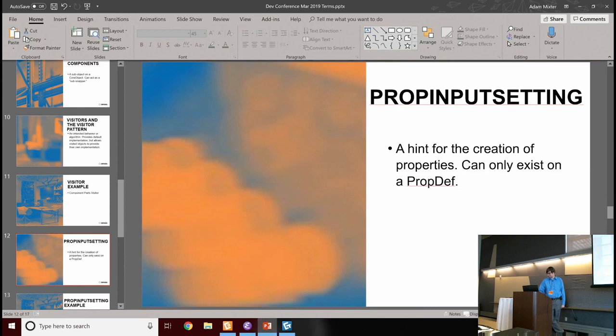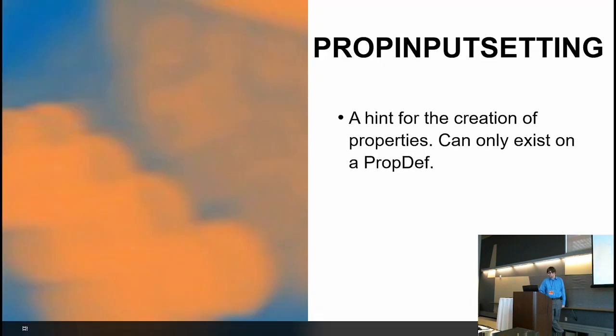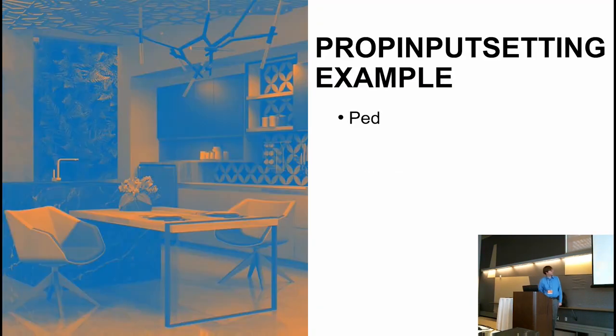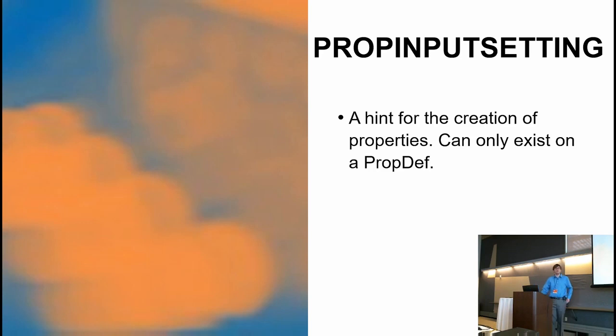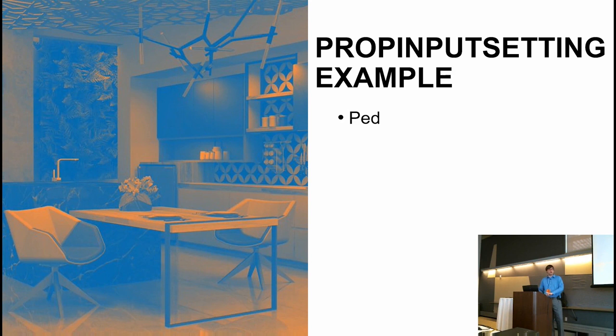Prop input settings are a really interesting class that will allow you to give a hint to the program to basically make properties from your prop defs. The best example I have for this one for you is actually on the Fika Office Ped. So if you look at the base class for the Fika Office Ped,